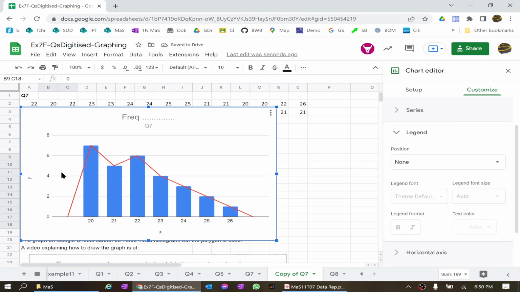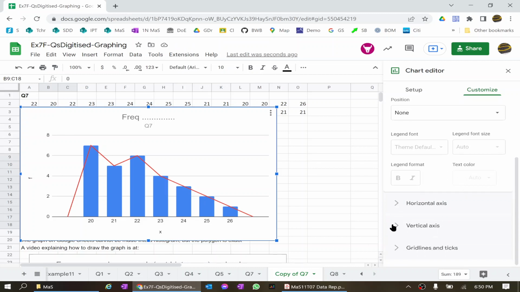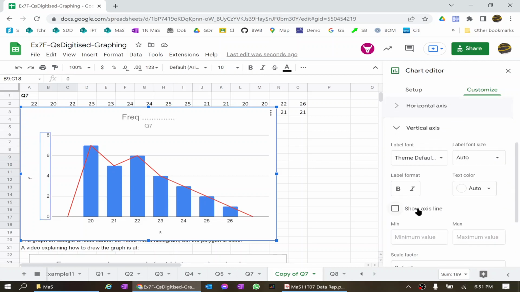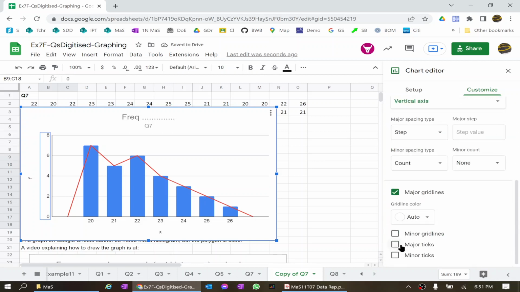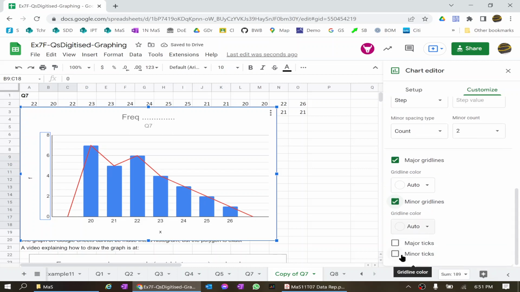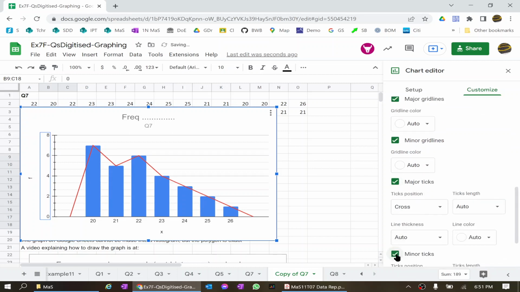If I want to put some axes on there, let's have a look at the vertical axis. I can either click there or I can click here, vertical, show the axis line. And if I want to change the grid lines, I can show the minor, and I can show the major ticks and minor ticks if I want to. Okay,